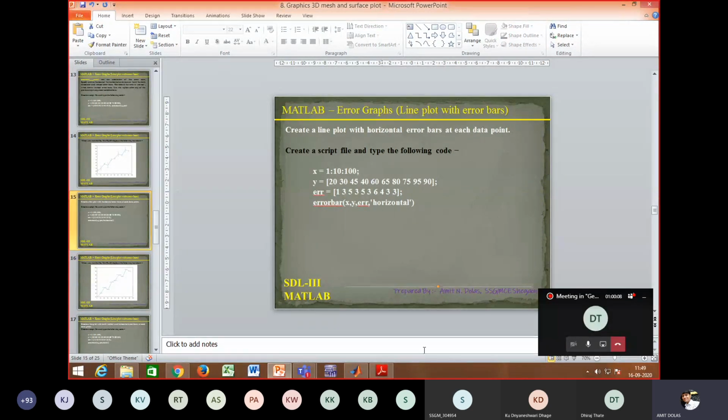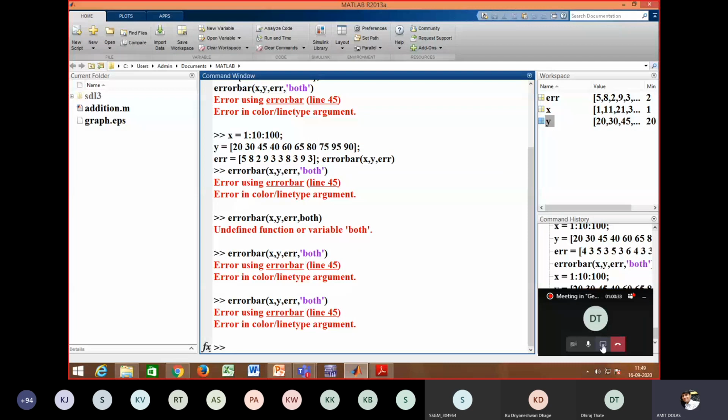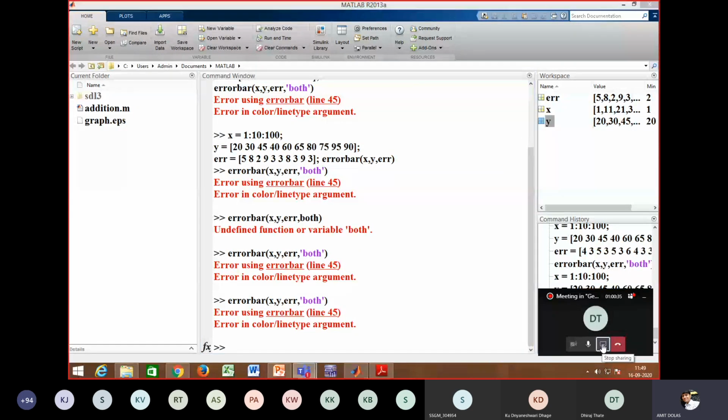The same. Sir, actually it may be a MATLAB problem, horizontal and both. I did this on my laptop before coming to the college. That's why I'm not directly changing anything in this error. Wait for a minute, I'll check it out again.